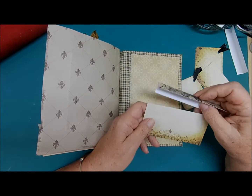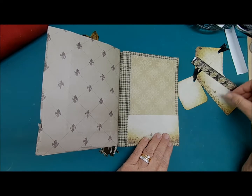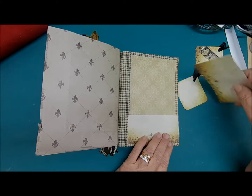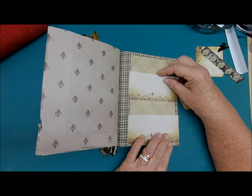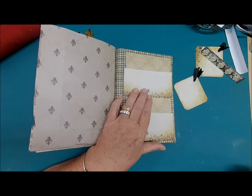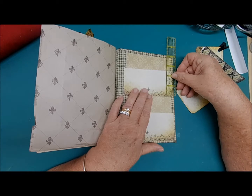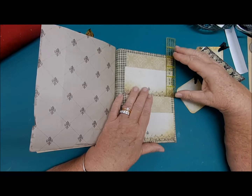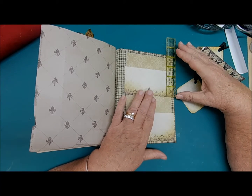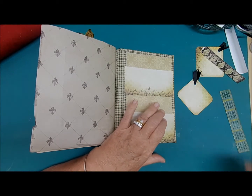So for today, I thought we'd start with putting these papers here on the back cover, about like that. I think these measure 2 by 5. Let me measure that for you. Well, it depends what size your book is. This is 2.5 by 5, and my journal is,